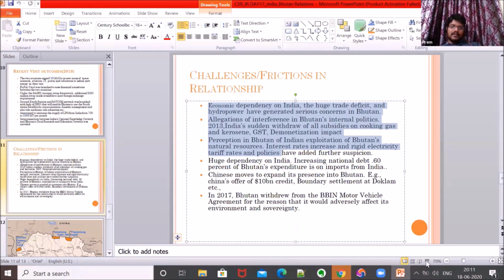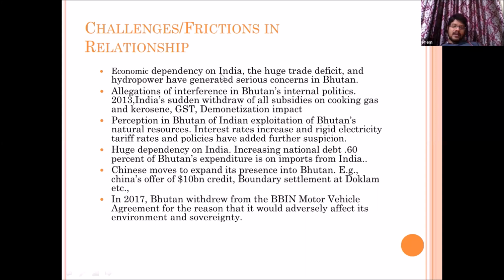So meanwhile, we'll discuss these challenges. First thing, as I said, Bhutan is right now slowly starting to protest that it is majorly dependent on India in every aspect, as we have also seen in these slides. That is why Bhutan is complaining about the dependency and also the trade deficit, like India is having more advantage in trade surplus. And then hydropower, because not much hydropower is generated, and also the rate for the hydropower is very low. Okay, so that is one thing.